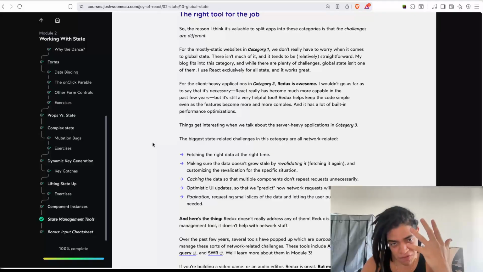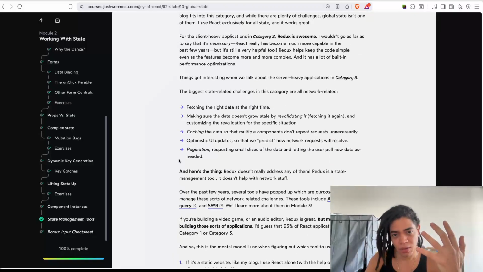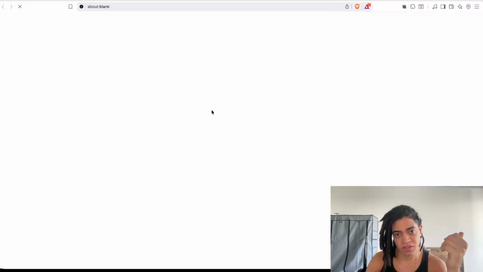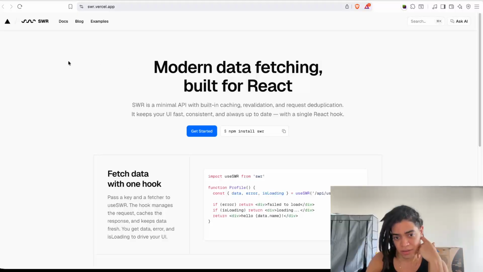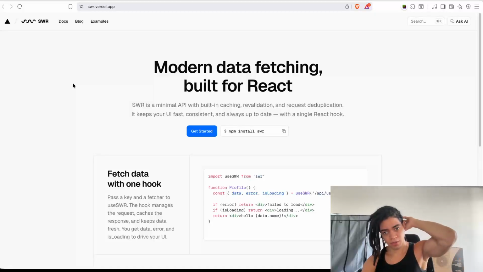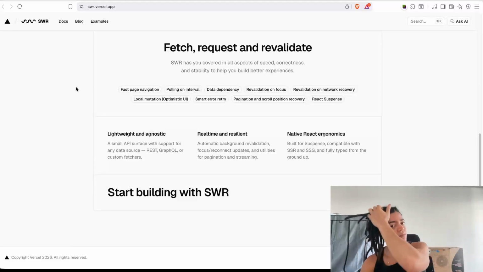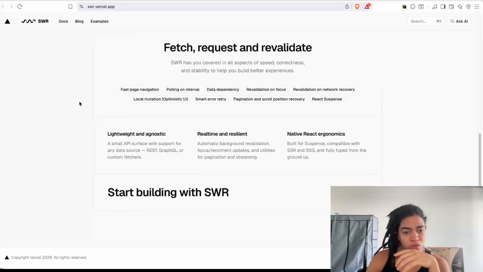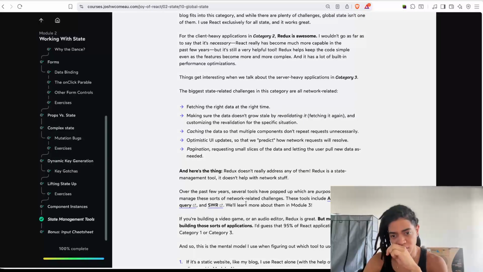But for all of these five problems, there are specific tools that address most of them. For example, you have Apollo with GraphQL, or React Query, as well as SWR, which is stale-while-revalidate and comes from Vercel. No matter which you go with, regardless of which one you choose,